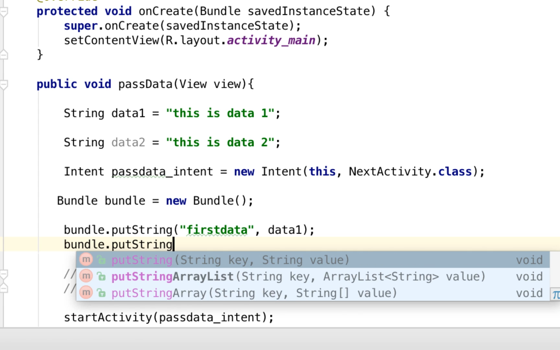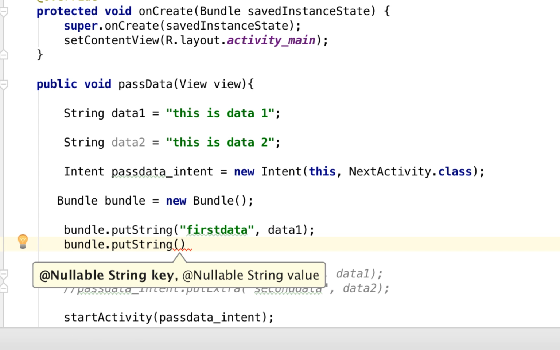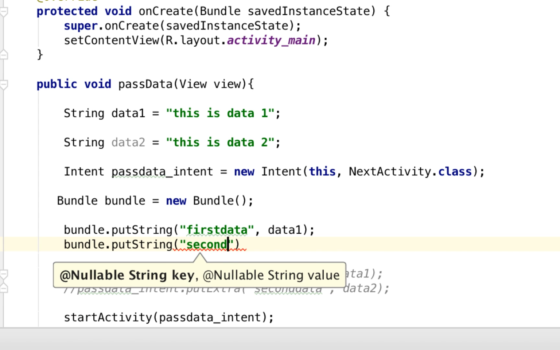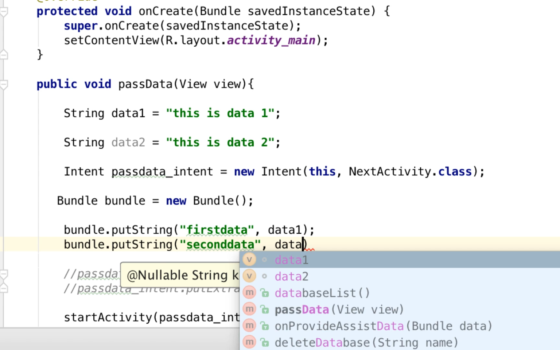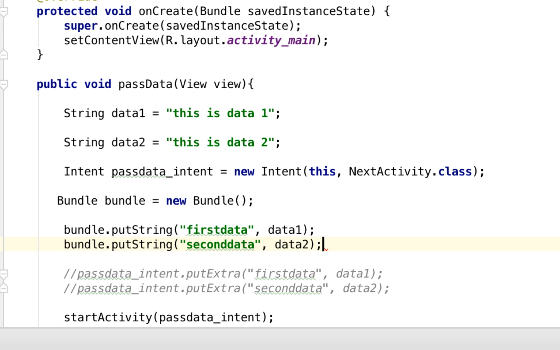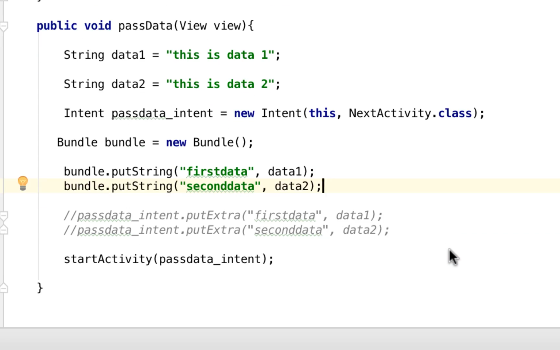This is another method actually, what we are doing now, comma, and data 2. And then after doing that,